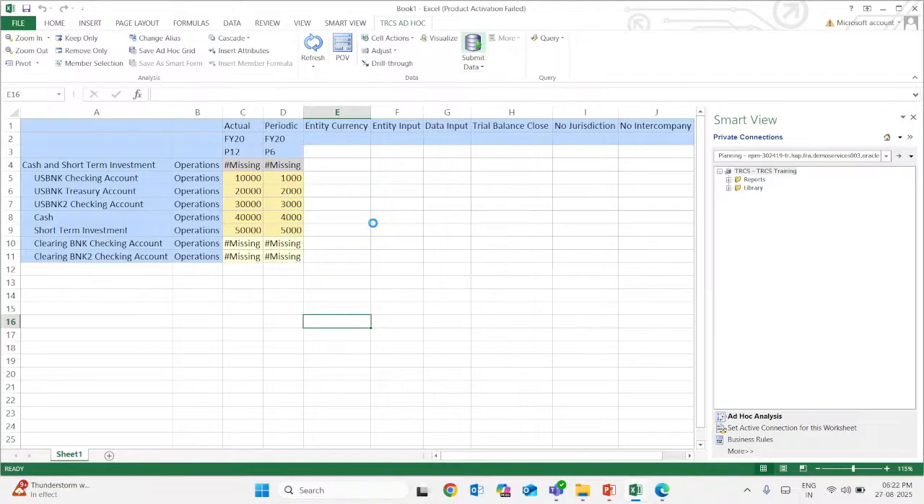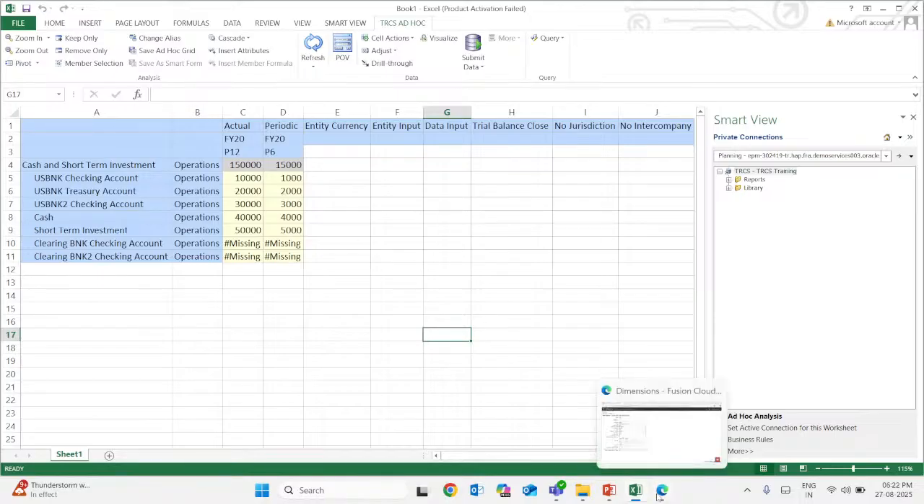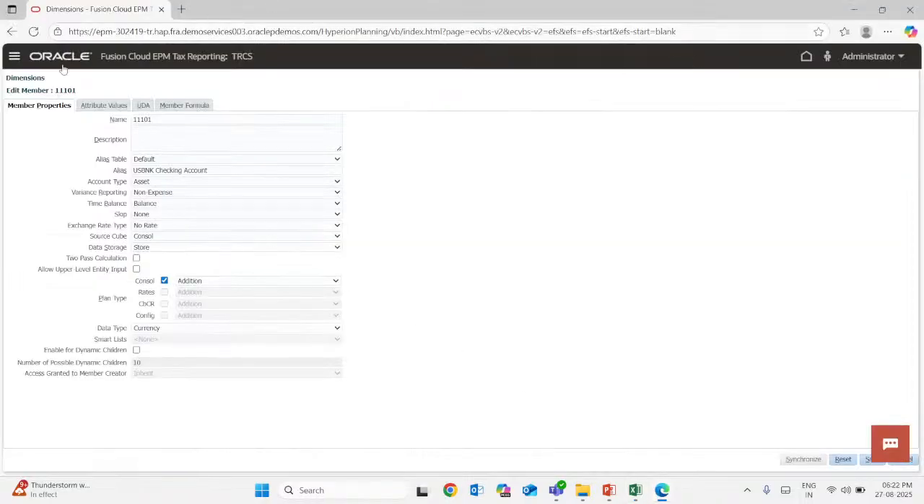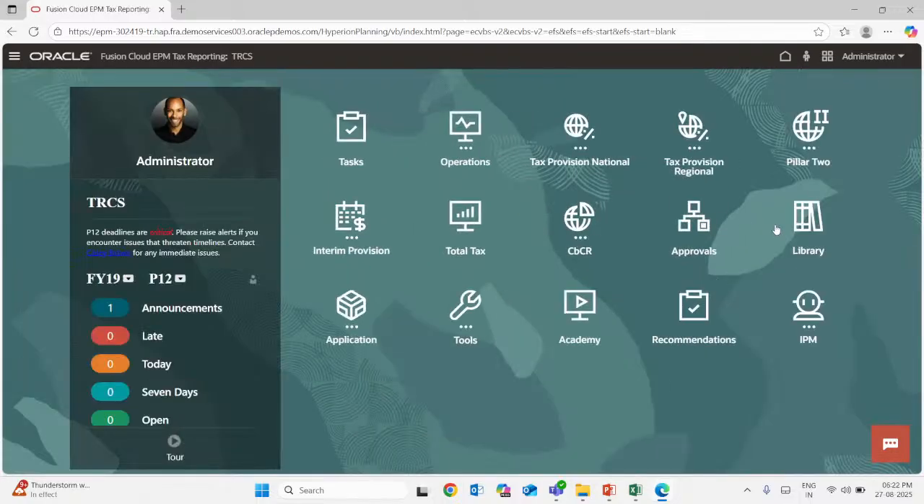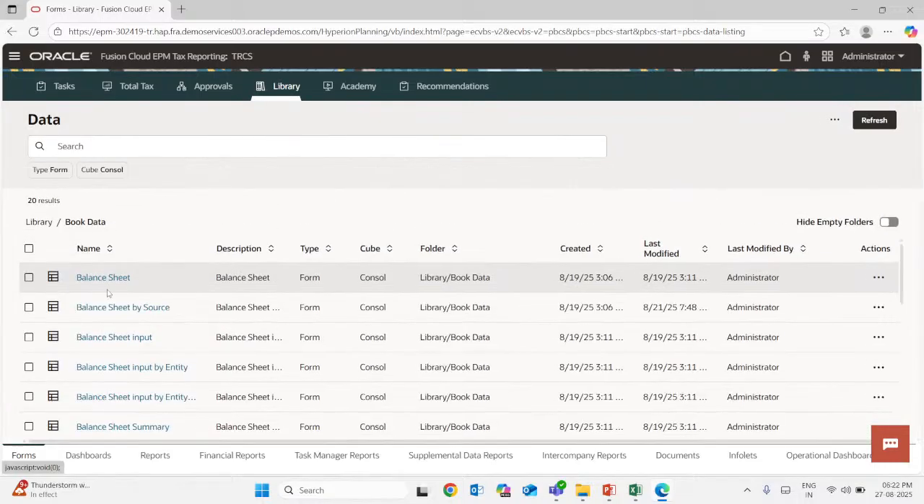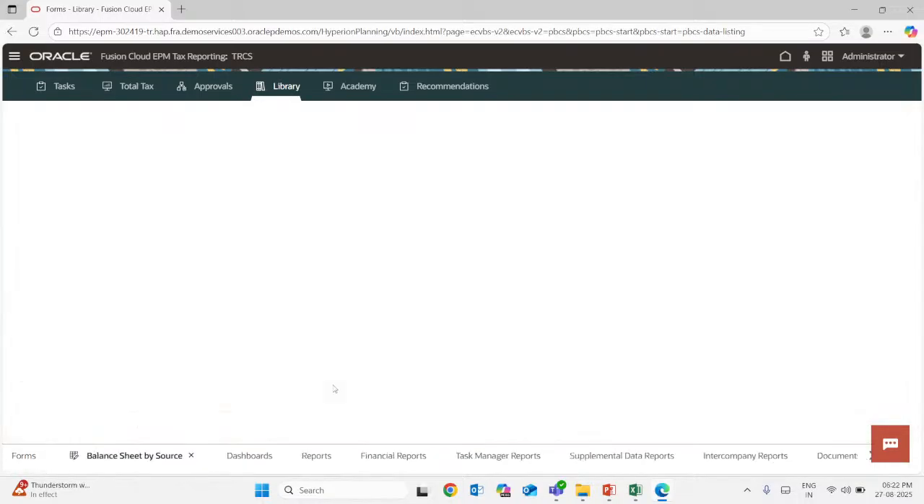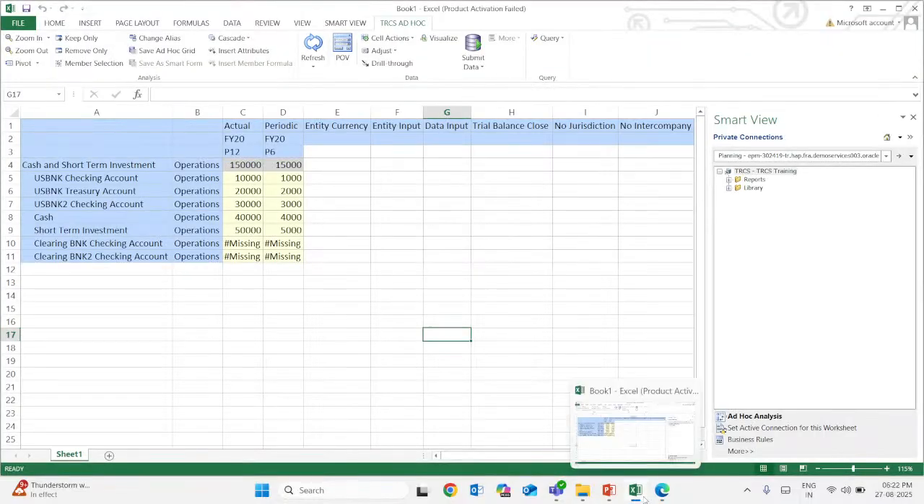It's going to take some time to load it into our actual application. See, the loading time has just ended, so we can go right here on the home screen. Then in the library, under library, you have to go to the balance sheet by source. Then remember what you have put right here in these dimensions, because according to it this is going to open